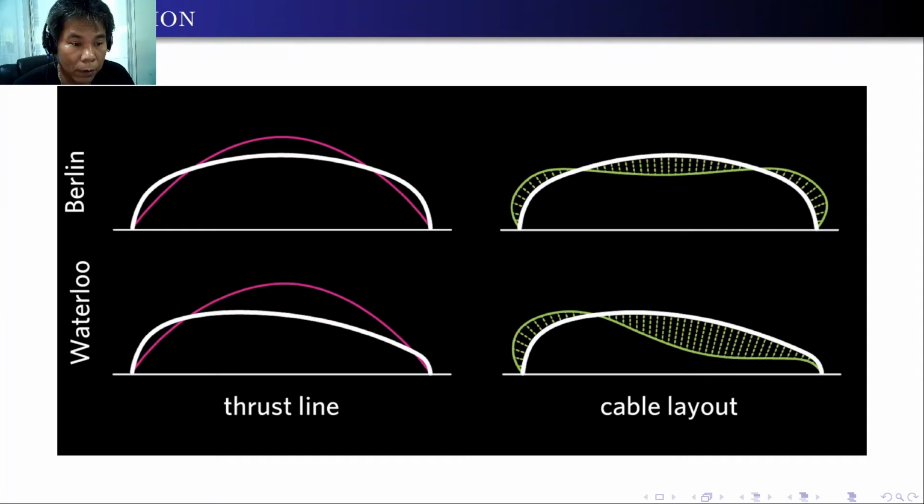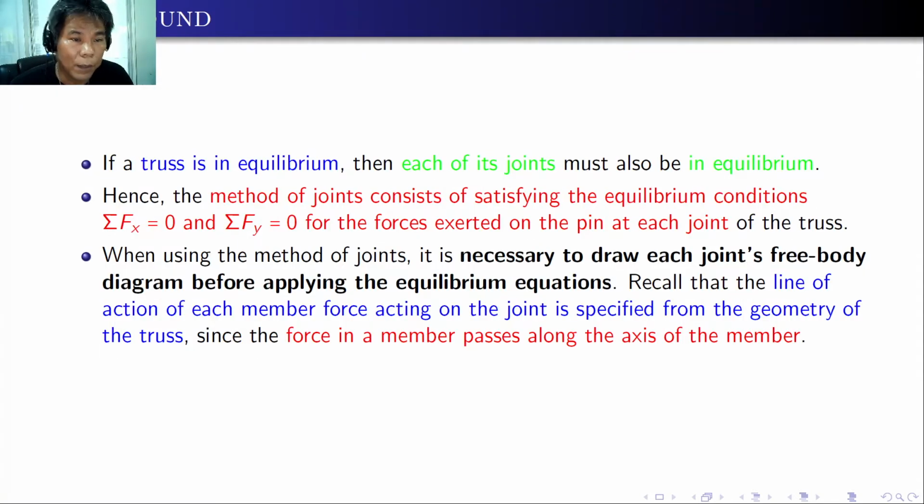Waterloo Station. As a background, if a truss is in equilibrium, then each of its joints must also be in equilibrium. Hence, the method of joints consists of satisfying the equilibrium conditions, that is summation forces x is equal to 0 and summation forces y is equal to 0 for the forces exerted on the pin at its joint of the truss. When using the method of joints, it is necessary to draw its joints free-body diagram before applying the